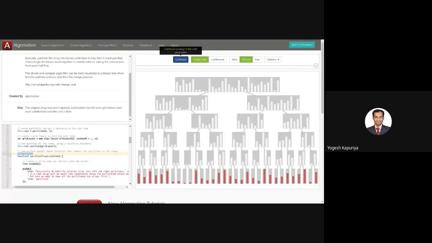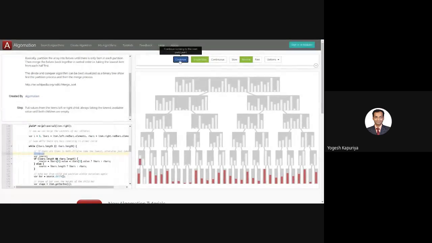Now, it will start merging the results. Obviously, the first to start merging is the leftmost part. It will try to merge these two numbers, and because you are merging in sorted order, the smaller one will be copied on the left side and the larger one after it. Again, these two will be merged in the same order in which the division took place. In the same order, the merge operation will take place.